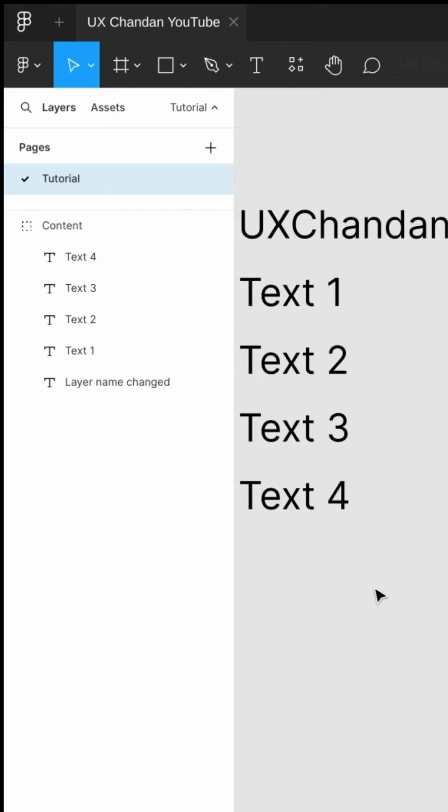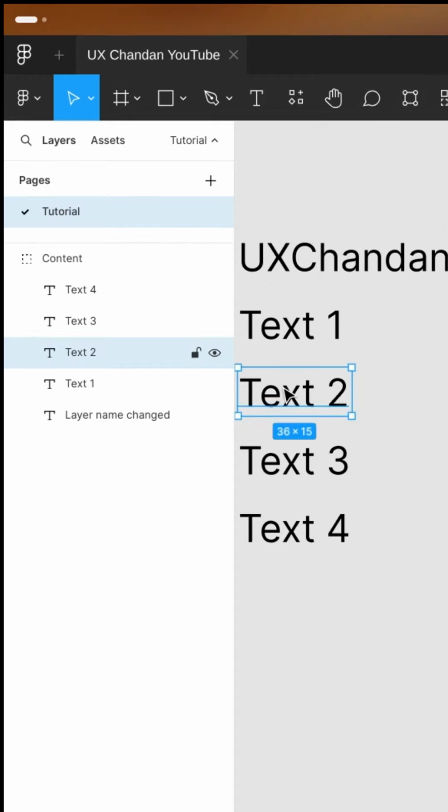So the last shortcut is when you want to change the layer name, you can select the layer and press Control plus R, and you can see the